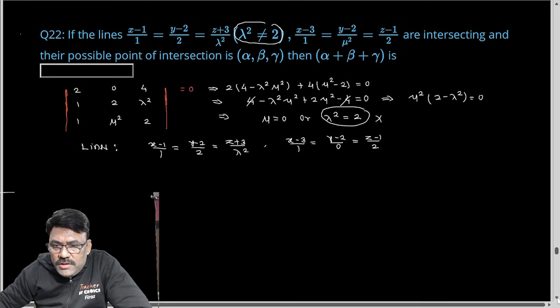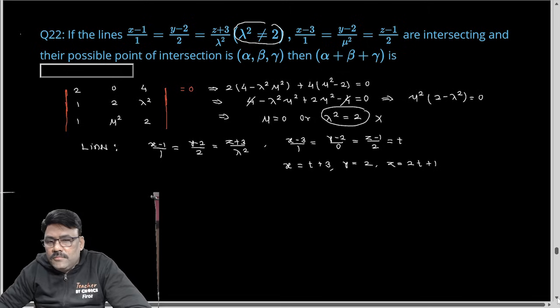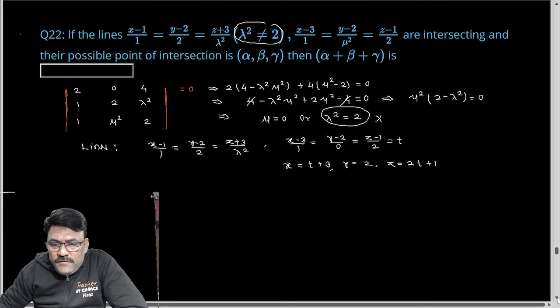So let's choose any general point on this second line. Let's take it as t. So any point on this line, x can be written as t plus 3, y can be written as 2, z can be written as 2t plus 1. And if this is the point of intersection of the two lines, it must satisfy